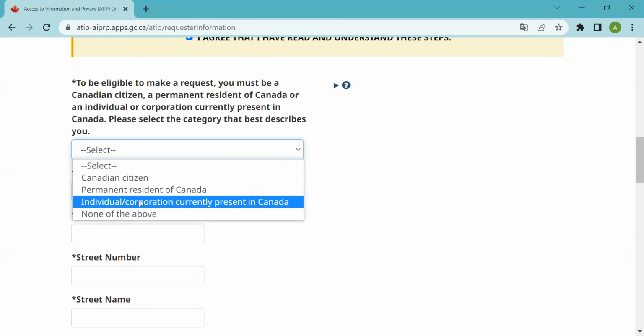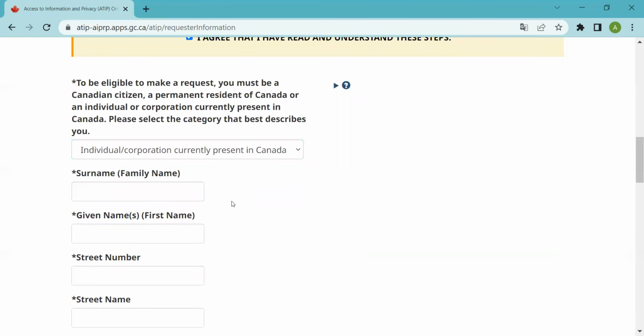So let's assume that you are in Canada and you have a postgrad work permit application that has been refused and you would like to know more about that. So you are physically in Canada, in Ottawa right now, and you want the details about the refusal of that application. So we'll say individual in Canada. So we just type the names. And it's all fake names here. I'm just putting this as an example.